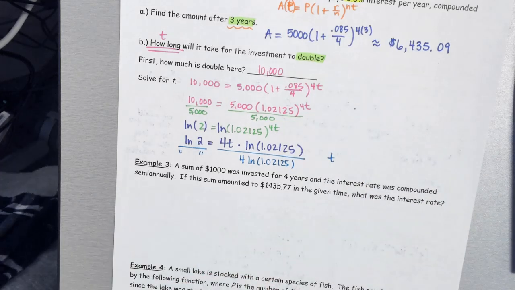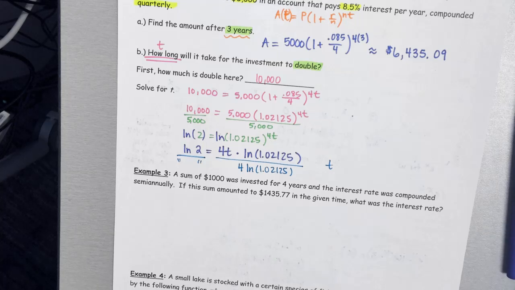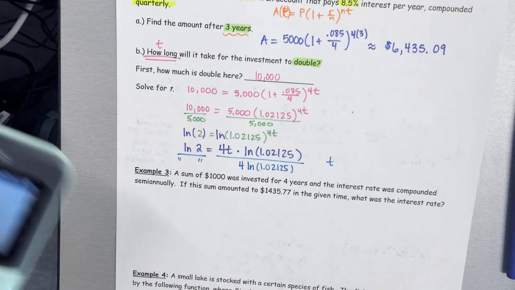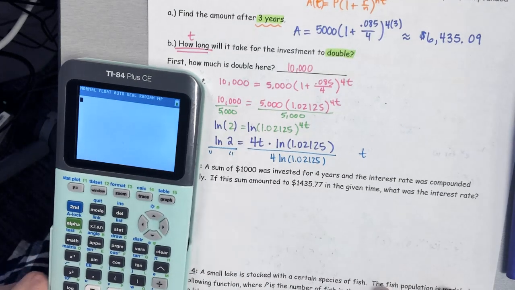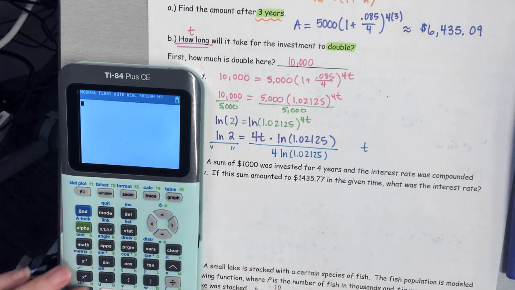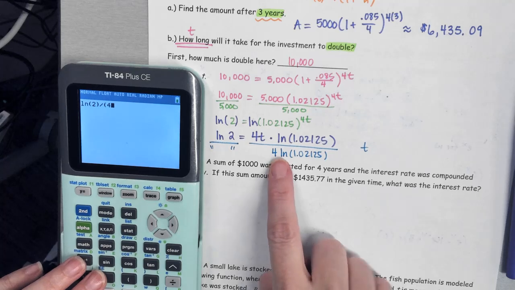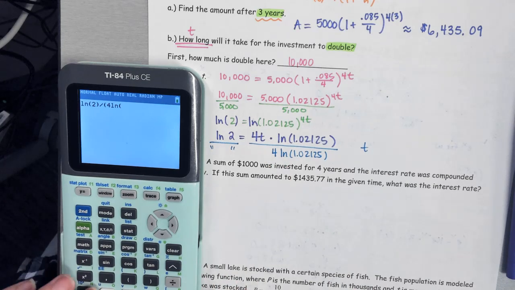Nope, you can do the regular log and you'll get the same answer. Really, you can do any log base you want as long as you do that on both sides. It's just common in real world problems to use the natural log. Okay, and then when you are dividing, you do want to put your denominator in